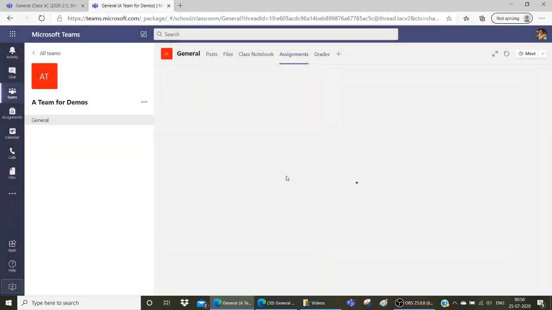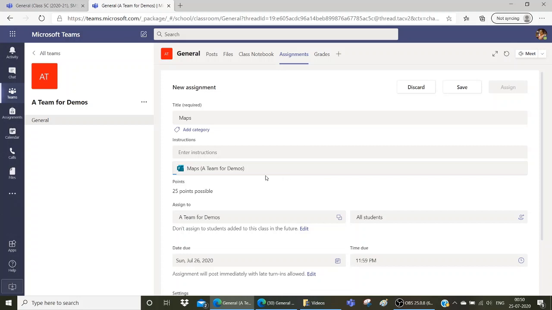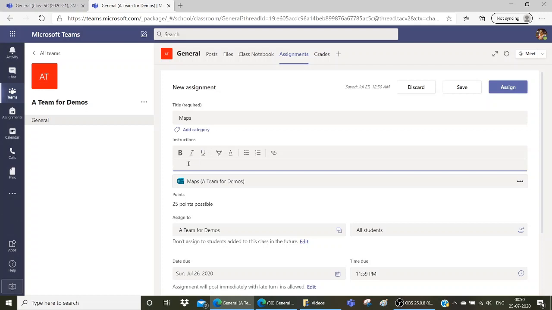Now as quizzes are auto graded when I create them, you can see the points of the quiz have already come up here, and the title also has already come up here. This shows that this form is being given as an assignment in this team, and here I can give instructions as required to complete the quiz in 20 minutes.